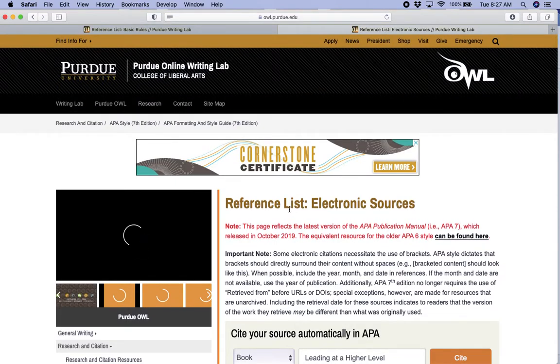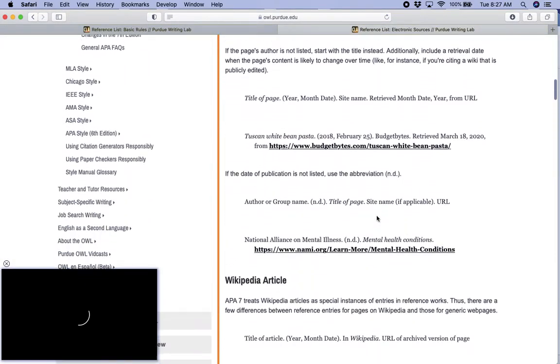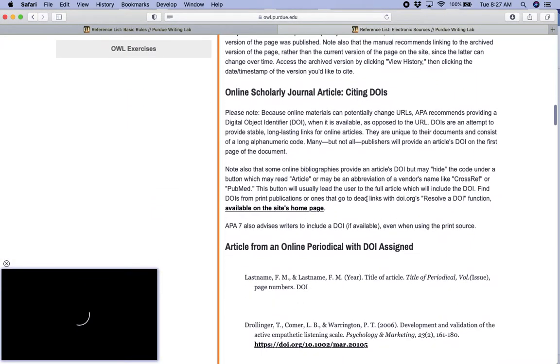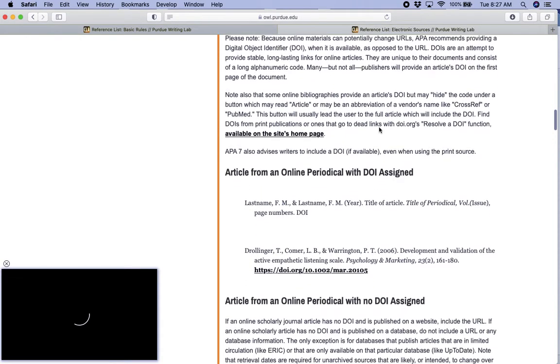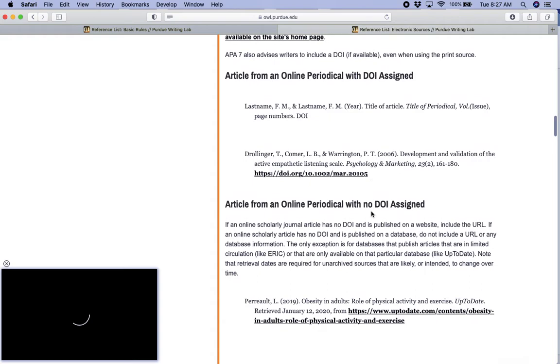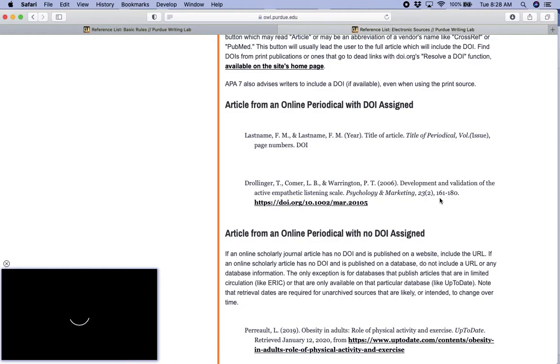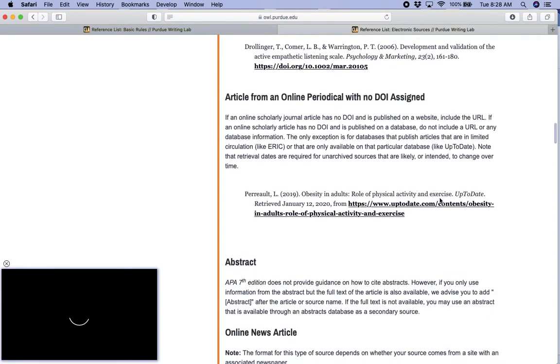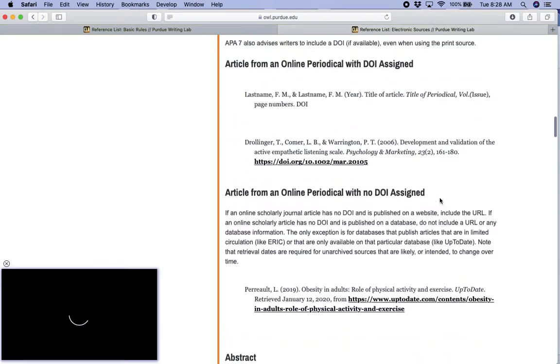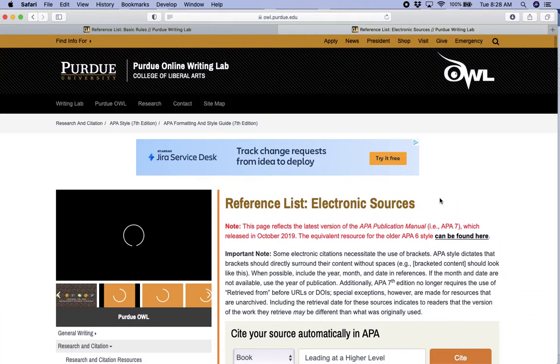So the message here is don't totally forget Google on doing searches. Just don't search them for research, but you can search them for research formatting. And in particular, I really like this Purdue OWL site because, again, it's going to give you a lot of different options, online scholarly journal articles when you have a DOI, and it'll give you examples of what those look like from a reference perspective and not just a citation perspective. And so now as we're moving into the last 2 weeks of the course, this would be a very helpful site for you